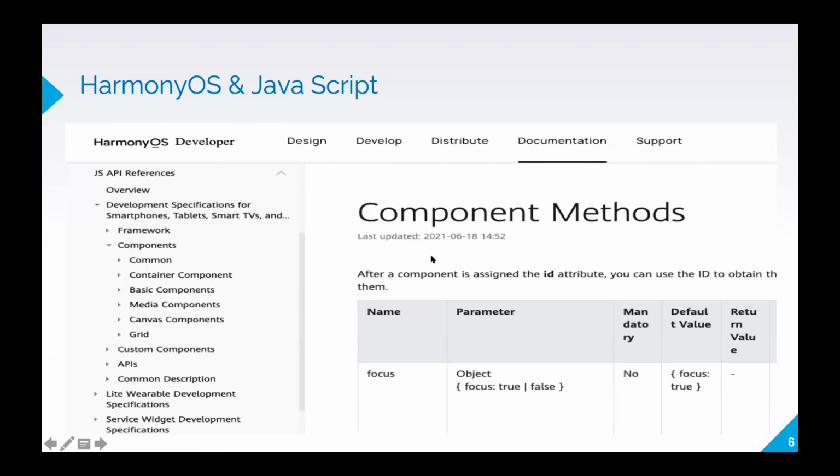When you have HTML and want to develop a page, if you want a list view kind of thing, you may need to write your HTML fully from scratch, and it will take more time. But the HarmonyOS JavaScript framework combined all those functionalities and provides them as part of the framework as a component, so that it is easier for the application developer to develop the application in a faster way. You no need to write each and every part. You can use the components provided as part of the framework itself and develop your application.